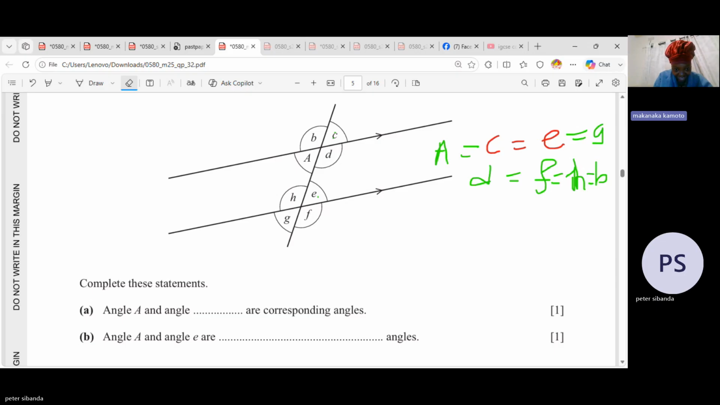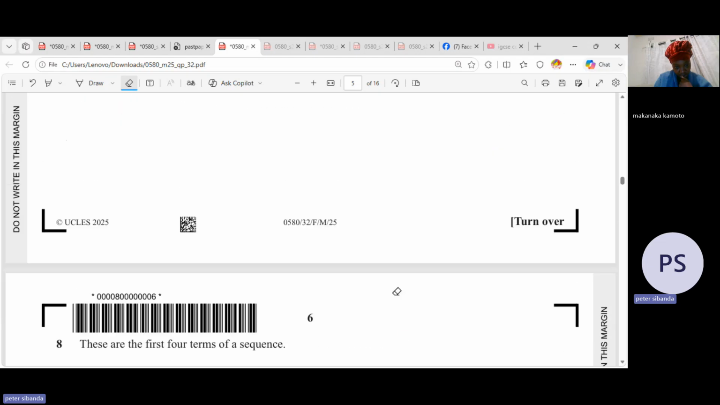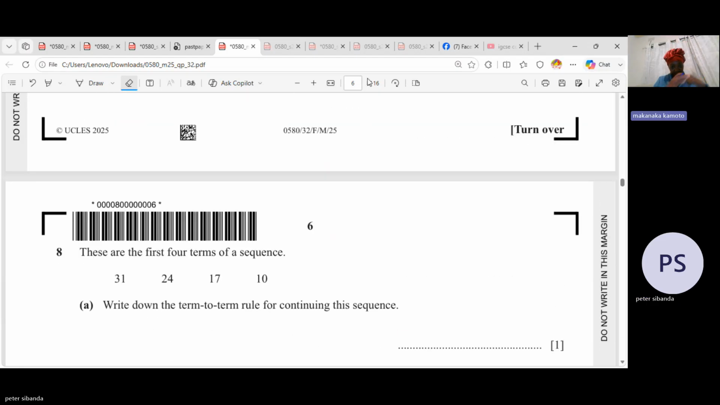They're corresponding as well, right? And equal angles. They are equal angles. A and E are equal angles. So, right. And we didn't have